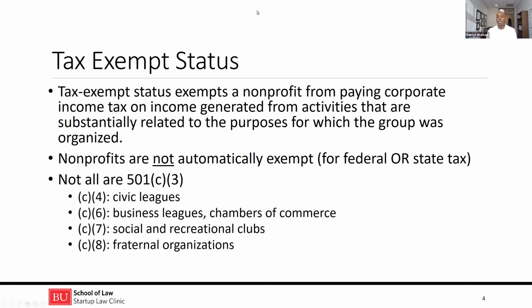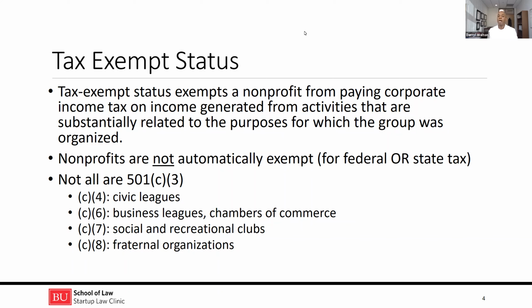And then finally, it's important to note that when we think of nonprofits and tax-exempt entities, we commonly think of 501c3 organizations. But the 501c3 is a subsection of the IRS code, and it only refers to one type of tax-exempt organization. There are actually somewhere around 29 different classifications, both within 501c and other parts of the tax code for